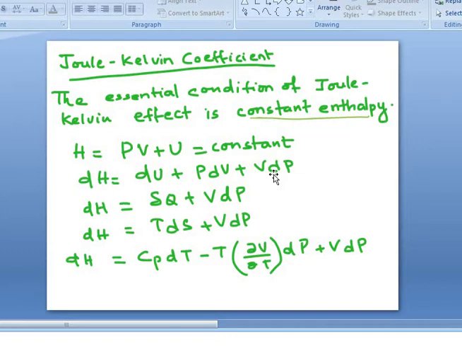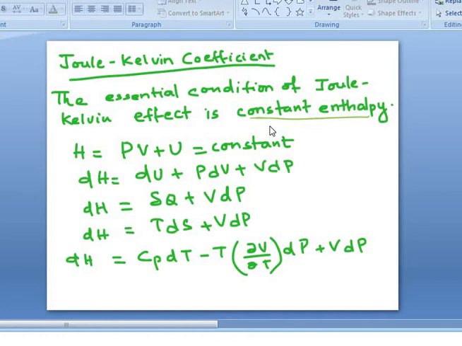What is a throttling process? When you pass the gas through a valve or a porous plug, there is a change in its temperature. This is the basic principle behind all refrigeration processes we see now. And I am once again repeating, it is for a real gas. We had discussed in the beginning that the Joule-Kelvin effect has constant enthalpy, when we were discussing thermodynamic potentials. So with that basic, we will move forward.